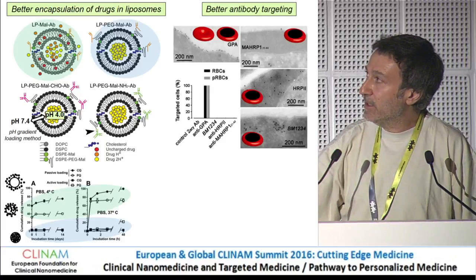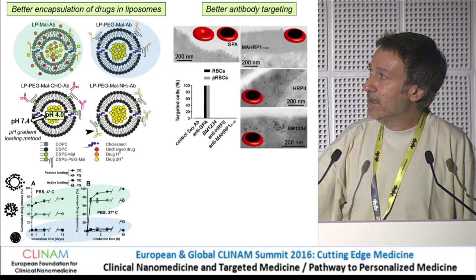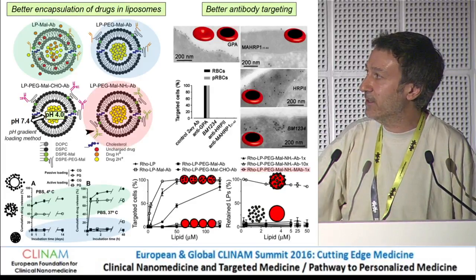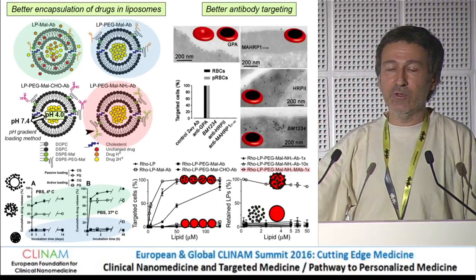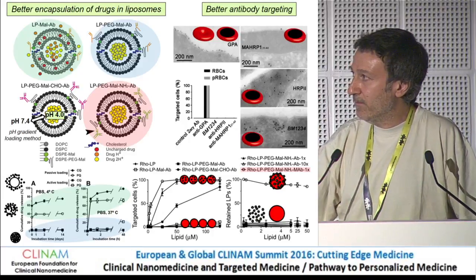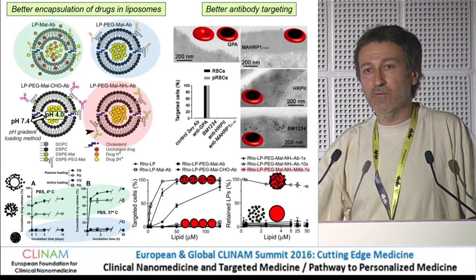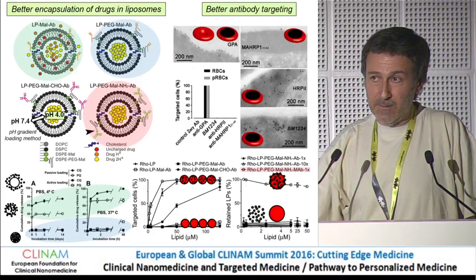Then, as you can see here, antibodies against glycophorin A, in this case, obviously, we're targeting all red blood cells, both infected and non-infected. And this showed, indeed, a very good efficacy in targeting all the cells, as you can see below. And also, it was something that we did not expect in the beginning, but that one has always to consider when designing medicines